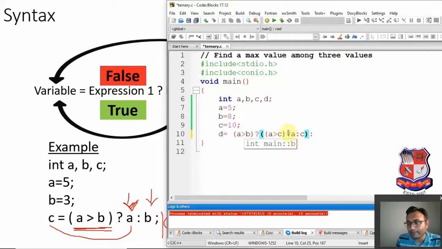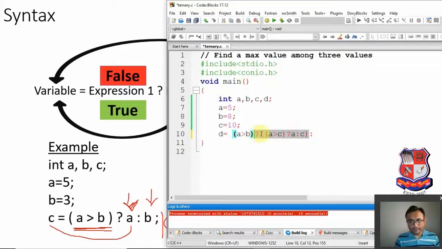That means we are comparing the value of a with c, and if it is true, then it will store the value of a, which is the largest one, and suppose it is false, then it will store the value of c into d, which is the largest one too. Or suppose the first expression 1 is false, then we have to execute expression number 3.